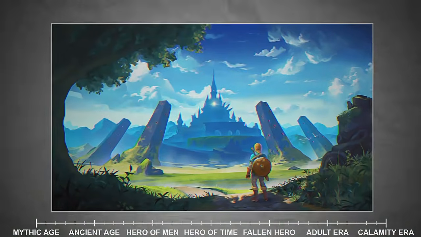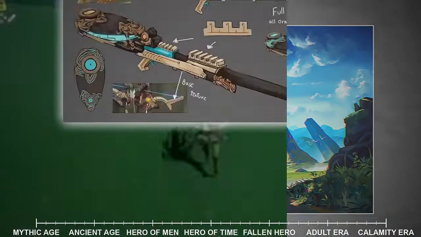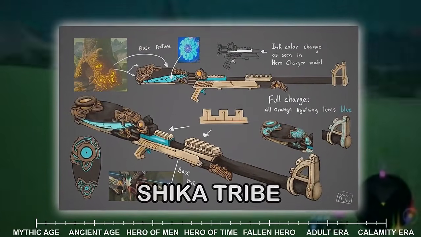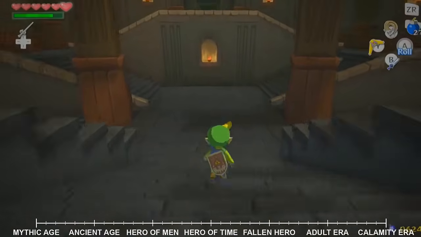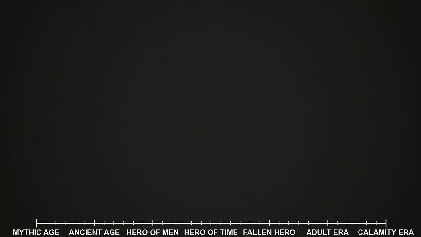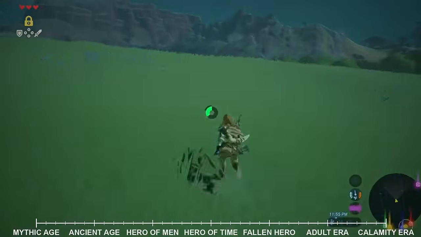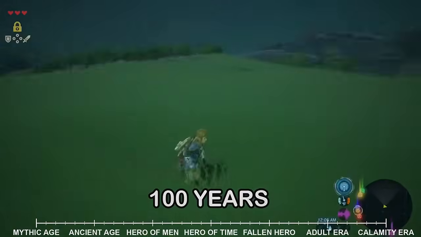In this far future, we saw Hyrule reach perhaps its greatest height of prosperity and technological achievement, with the Sheikah tribe developing miraculous machines and weapons to combat the prophesied return of Calamity Ganon, only for those very creations to be turned against the kingdom when the Calamity finally emerged, destroying nearly everything the kingdom had built and forcing Princess Zelda to hold Ganon at bay for 100 years while the hero recovered from his mortal wounds in the Shrine